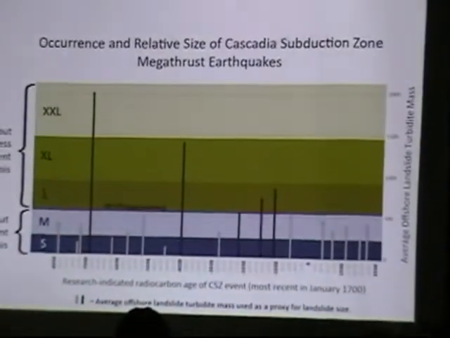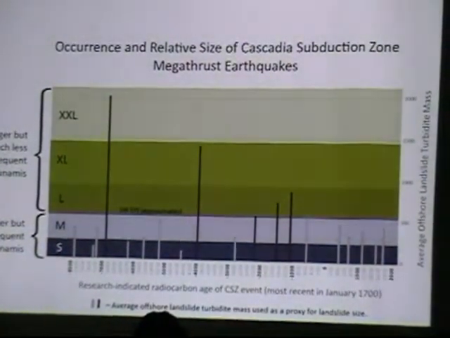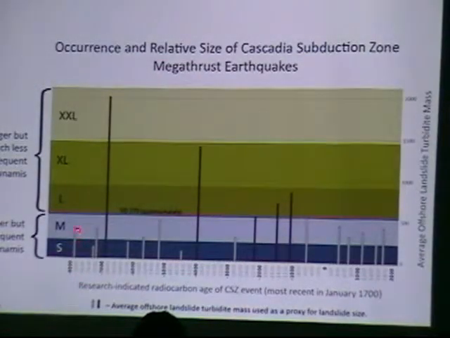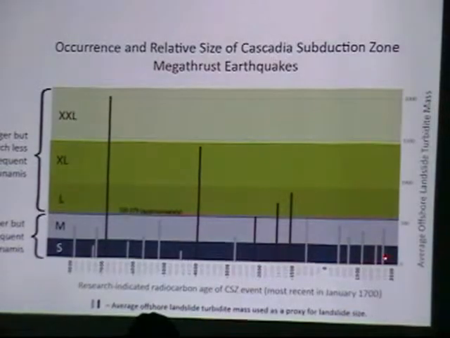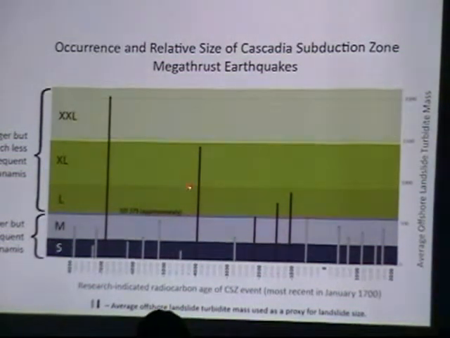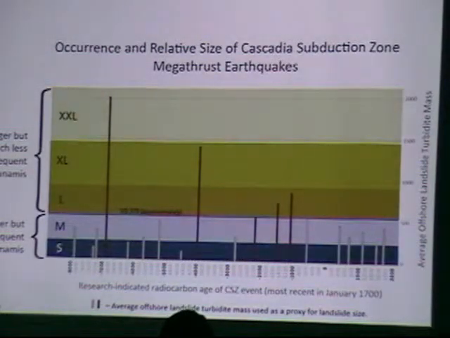So that chart that I showed you a minute ago, this is it, same thing, except now it's color coded. Now you can see that we've color coded these smaller ones. They're kind of small and medium ones. The reason we colored them in purple and set them apart from the yellow is because they happen more frequently. If you look at this chart, you can see there's a lot more small and medium events that have happened in the geologic history. However, we can't ignore the big ones. There's a few big ones, including this one really big one that falls in a really large event. We're going to talk a little bit more about the maps, but these colors will make sense to you in a minute.